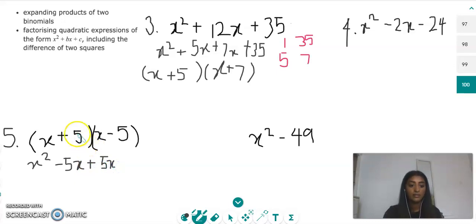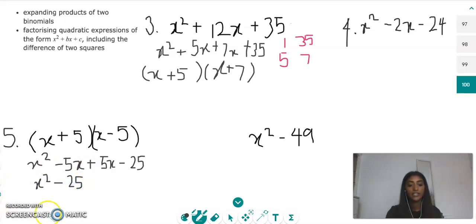And then plus 5 times minus 5 gives us minus 25. So as you can see here, minus 5x and plus 5x actually equal 0 when you add them together. So they balance out, and it's x squared minus 25